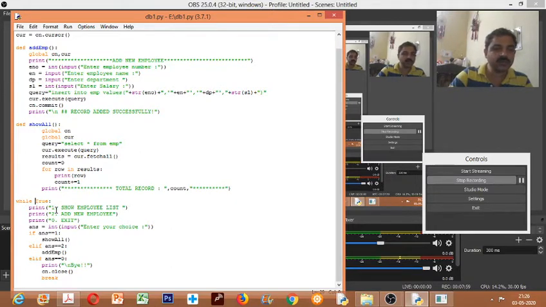While true means you want anything infinite times to repeat, so you can write like this. While true means always executes one, always one. So while one or while true, that means it is an infinite loop. So whatever you write under this will be running again and again until you break. Some statement has to be written for breaking.